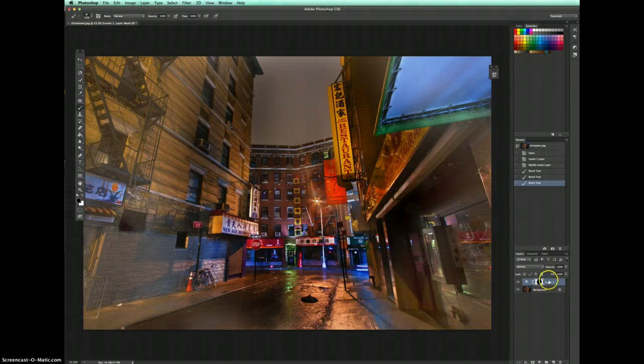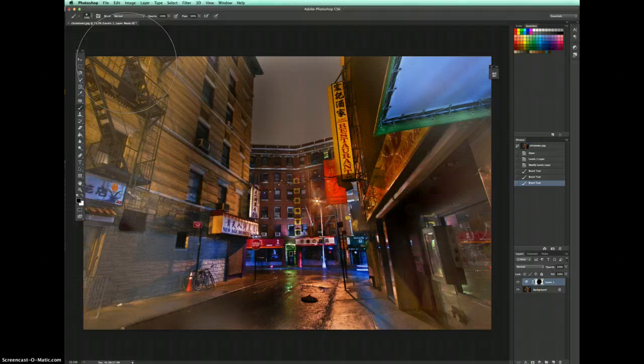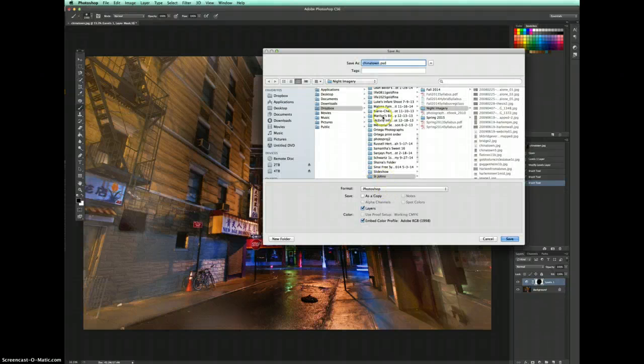If I want to save this image so that I can continue editing it at another time, that means I want to save it in a lossless format, and I don't want to have my layers flattened. I want to open it again and have it look exactly like this with my layers present. So I would either save it as a TIFF or a Photoshop file. So I would come up here to File, come down to Save As, and right up front, matter of fact,